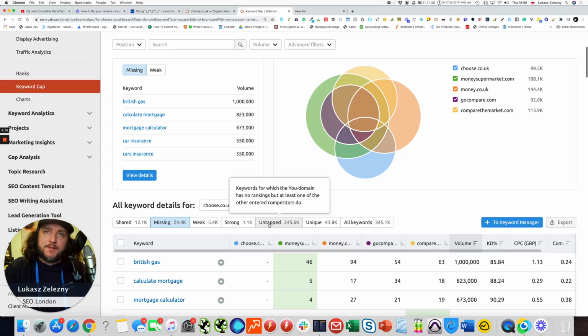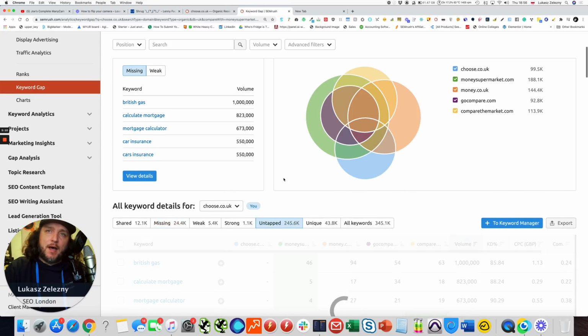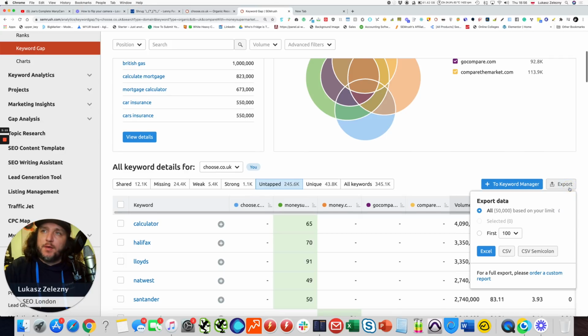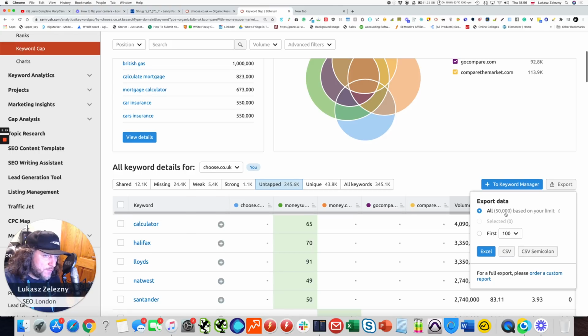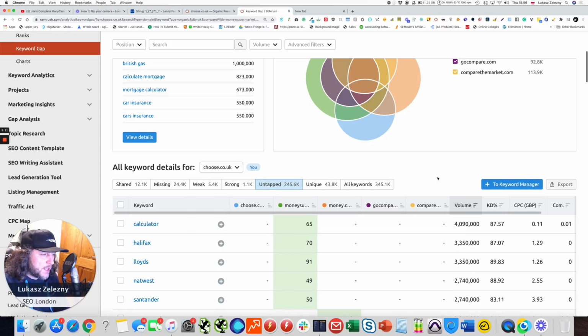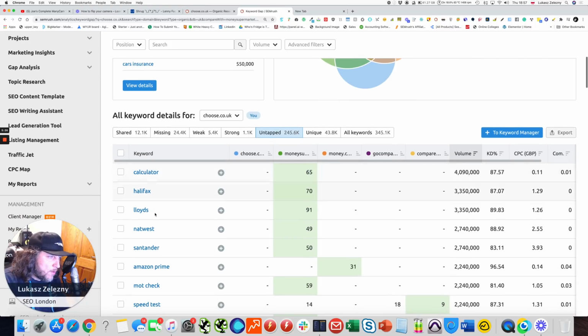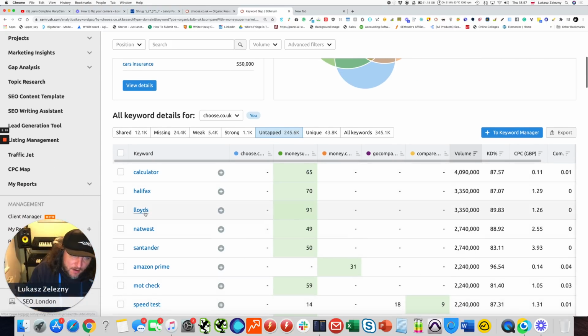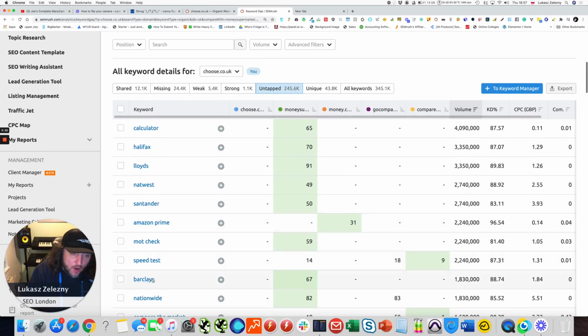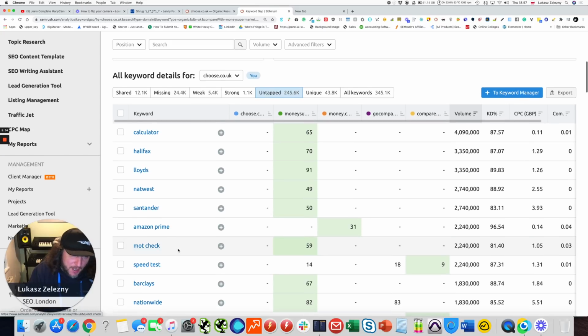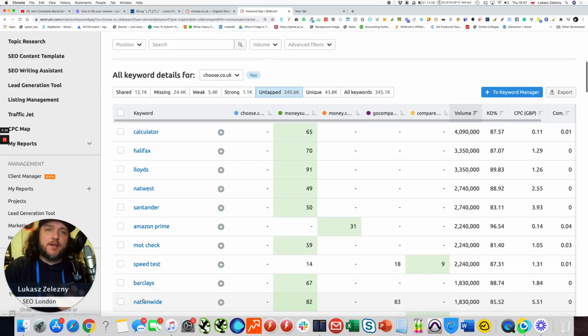So we can take untapped, 245,000 keywords, and we will not be able, unfortunately, to export all of them because my Semrush business account only allowed me to export 50,000, but this is more than enough, trust me. First thing you can see on the top, there are plenty of keywords like Lloyd's, NatWest, Santander, mod check, speed test. Okay, some of them are great, generic, like mod check or speed test, but some of them like Barclays,